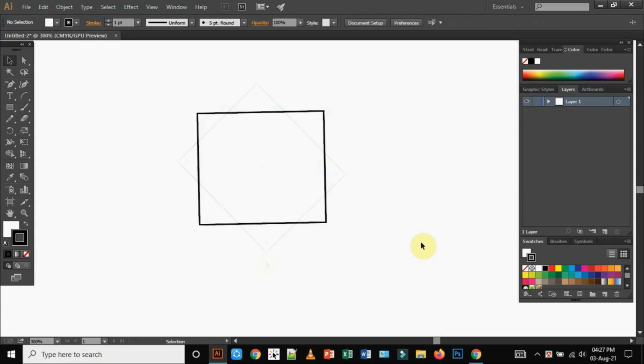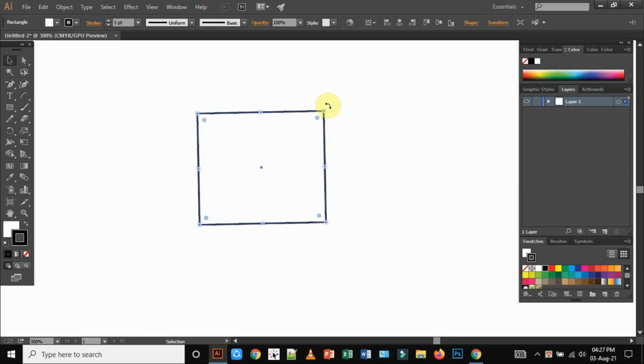After that, another important point. What is that? Select this and come to this rotation point and drag it. After dragging this shape, I will press the shift key of the keyboard.